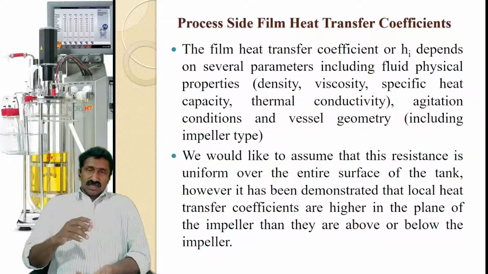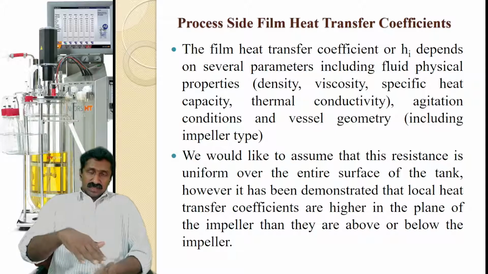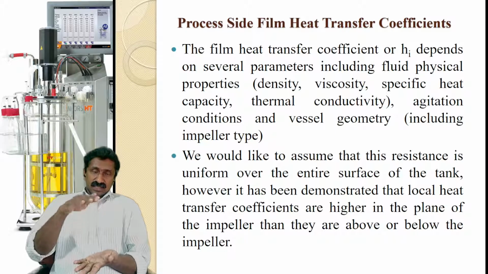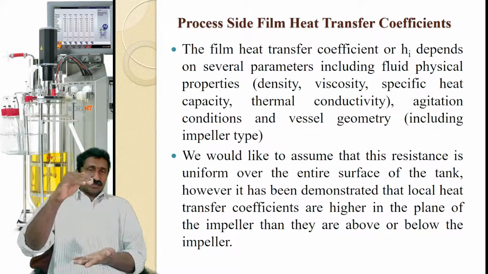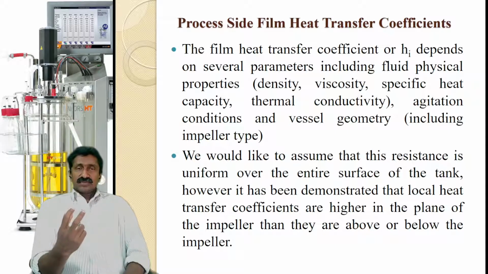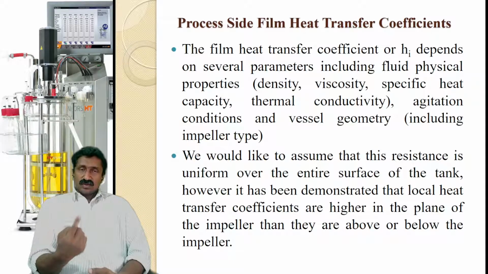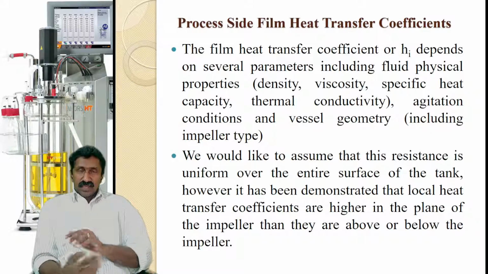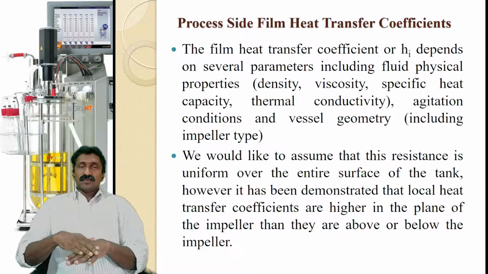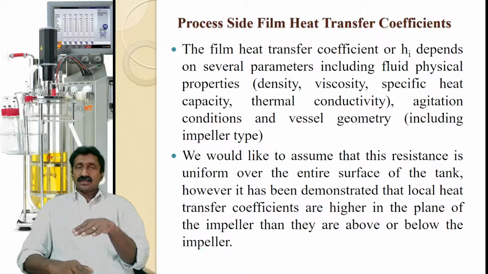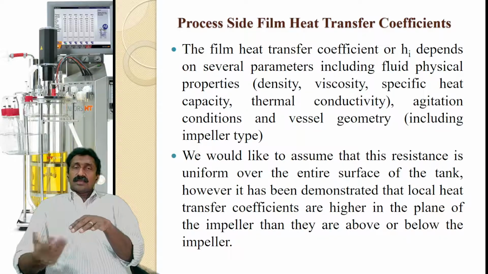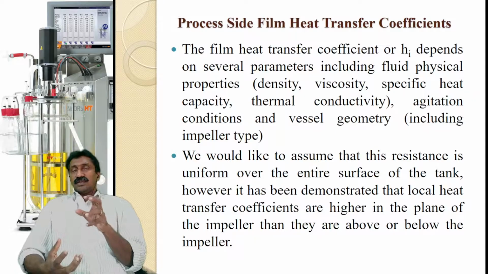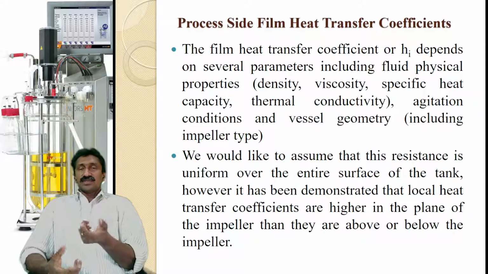Say in a fermenter, maybe there is only one impeller at the bottom, or there are two or three impellers, at the bottom, then in the middle and at the top. So there may be different layers of rotating impellers. If there is only one impeller, there will be better mixing at the plane of the impeller, whereas on the top and bottom portions where there is no impeller, there will be somewhat of a static effect. Proper mixing will not be there, and that means the heat transfer efficiency will be poor